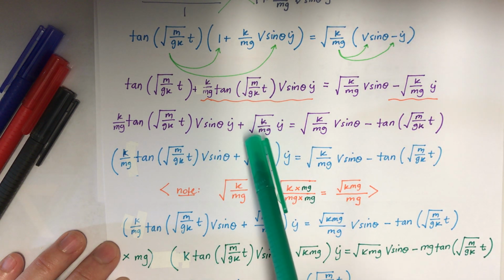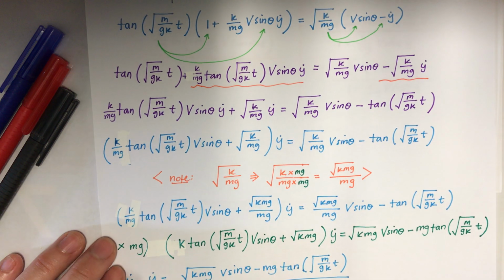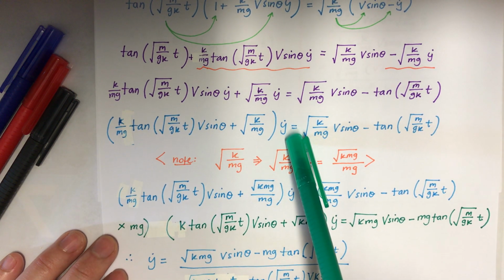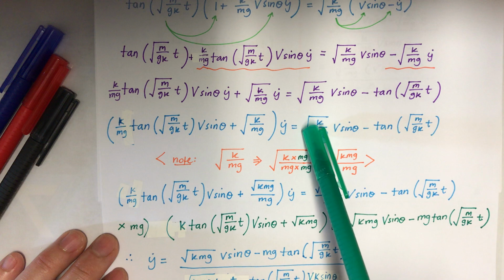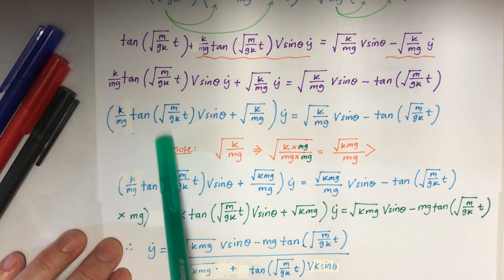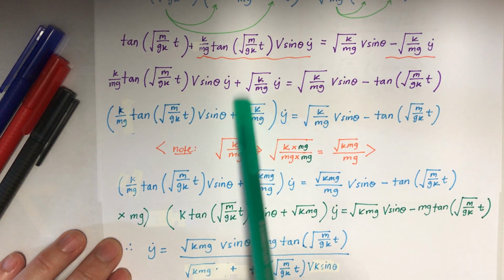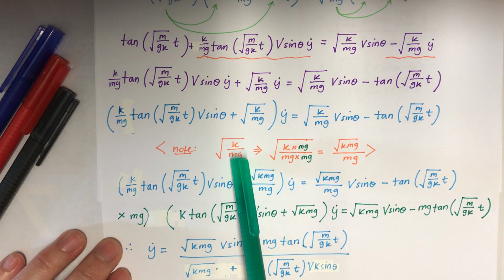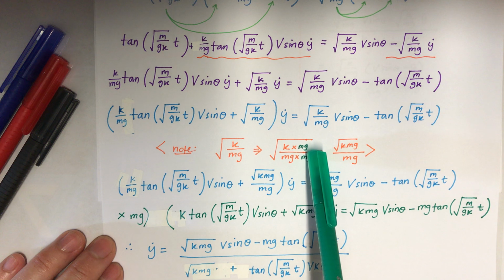And then move that one to the other and take y dot as my common factor, and I've got that. Now this is the part, we've got this fraction happening here, isn't it? So we don't like fractions here. So what happens here, I've timesed by mg on the top and the